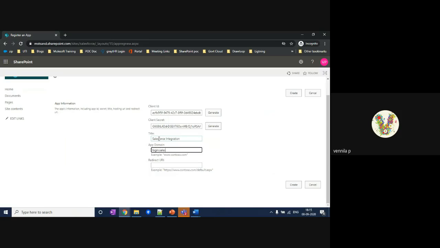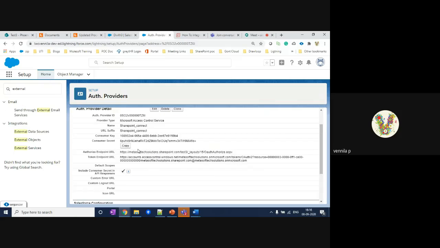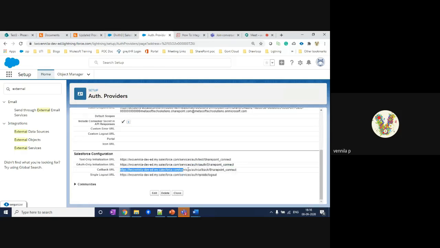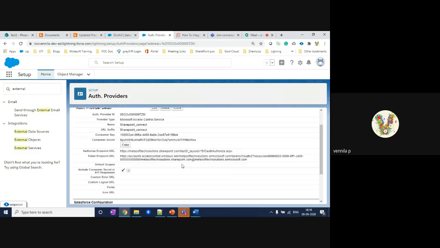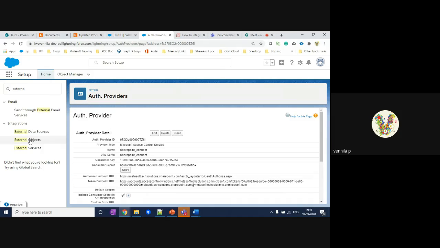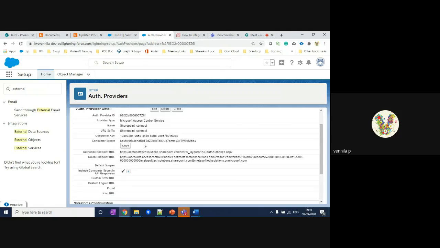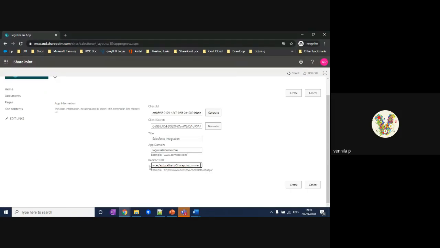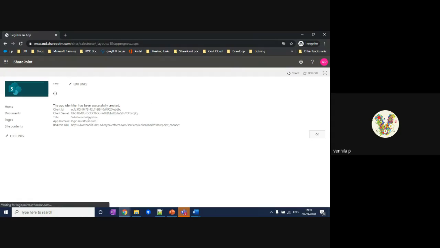Domain is now Salesforce domain. The redirect URL is nothing but, if you look at the authentication provider, the authentication provider shows some callback URL. This callback URL isn't created initially. So what you need to do is create the authentication provider first with some raw, dummy data. If you provide some dummy data and click save, then the callback URL will be created immediately, so that you can use this callback URL in the redirect URI box,